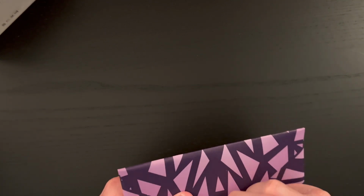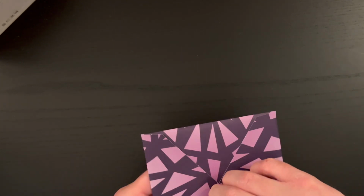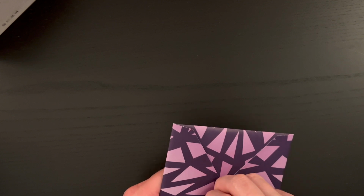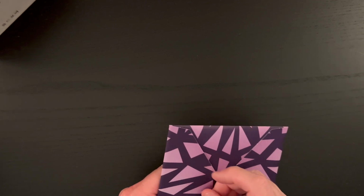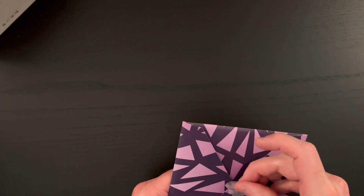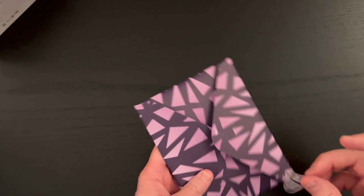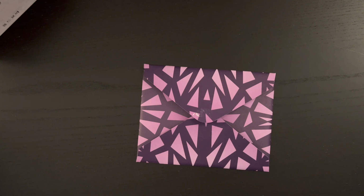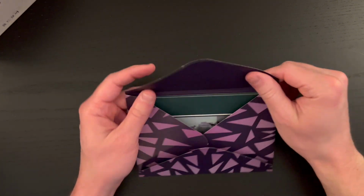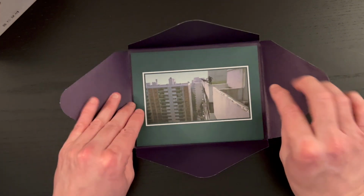I would rather not rip the paper if at all possible, and I just messed that up. Yeah, the tape is on here pretty good. I'm definitely not going to leave it sealed. I definitely want to take a look, but it's not going to come without a little bit of damage there, not too bad. All right, so this opens all the way up here,